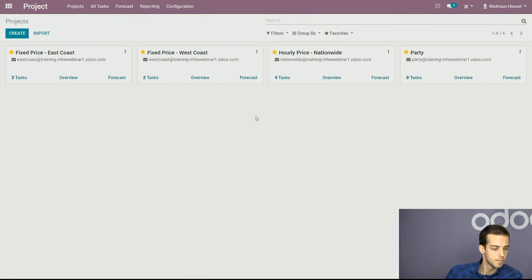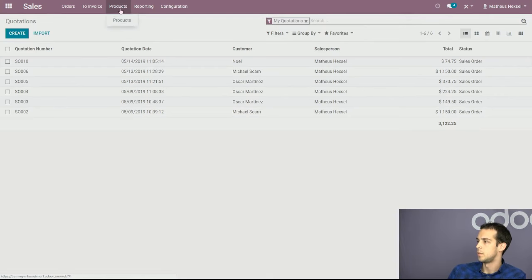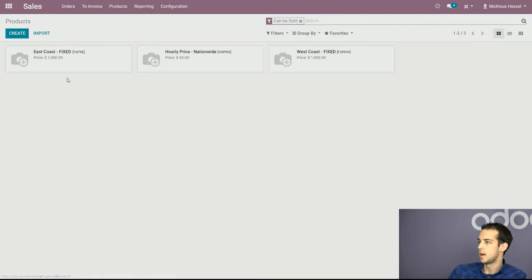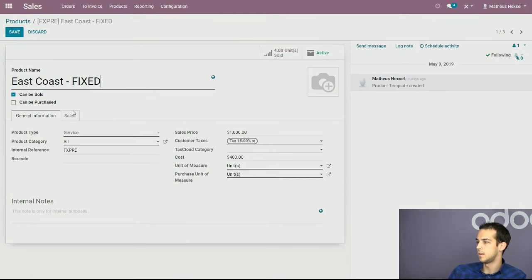Great. Let's see, follow-up question, again, also from Maria. How can you set a constraint so that we can't record more time than the client ordered? So this is when you're configuring the item. So if you go to your sales and we go to our products right here, you see that I have a few preset items, and I can simply edit this, and the unit of measure I can put 10 hours,